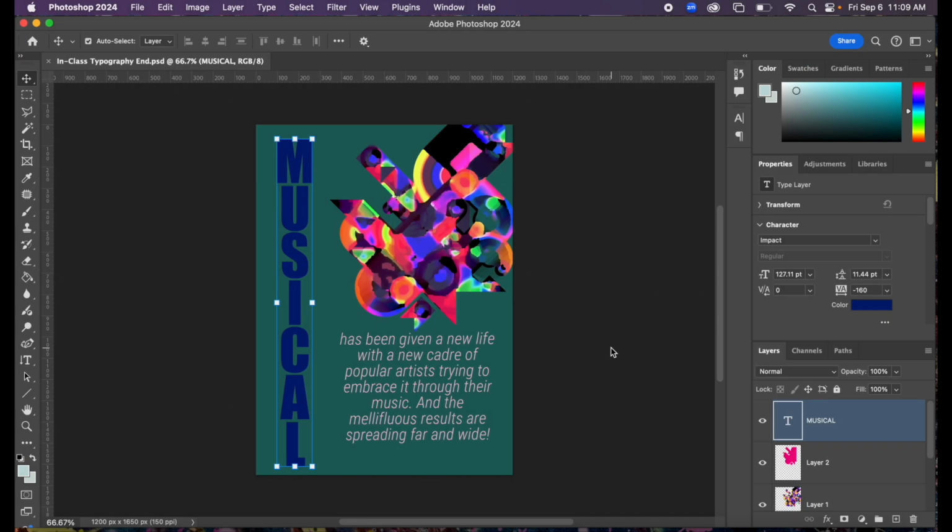Welcome everybody to this tutorial going over text. Text is super fun and very easy to use in Photoshop. First, we're just going to discuss text and the options with text, and then we're going to create this in-class assignment together, okay? So the first thing that I want to do is I'm going to click this home icon,